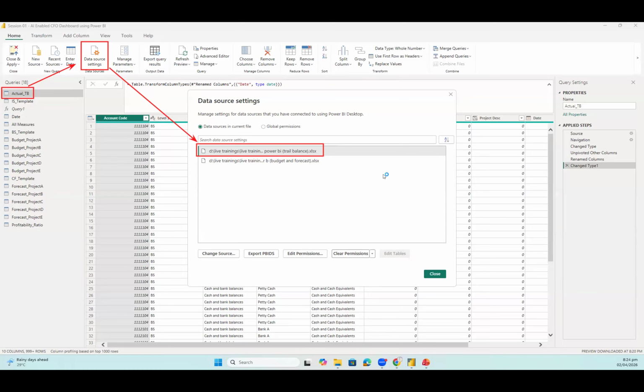Okay. Click on actual TB, then click on data source. I have guided all the participants with an arrow. A small window will open. Just a minute. It's the data source setting. I will request you to please click on it. There are two files which are shown. Please click on the file which is